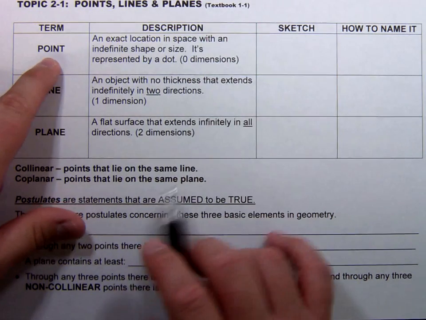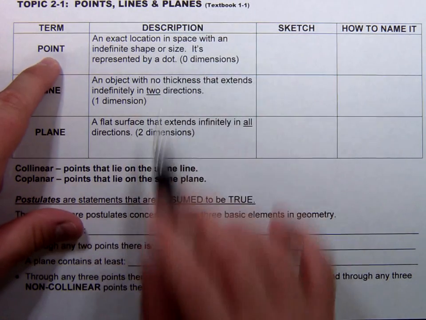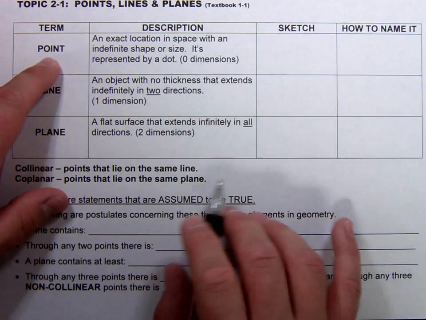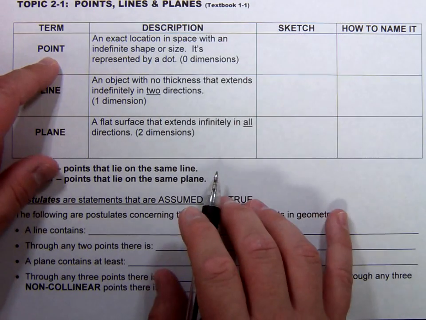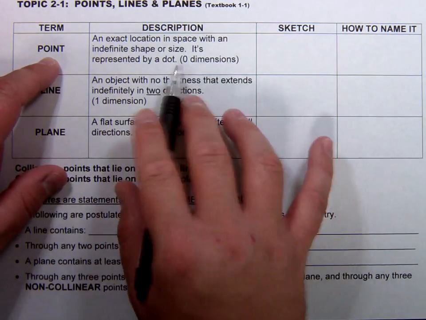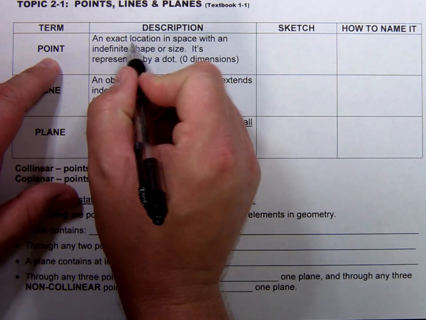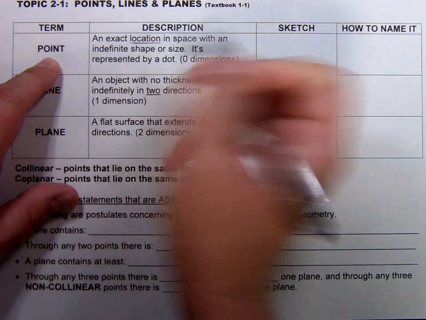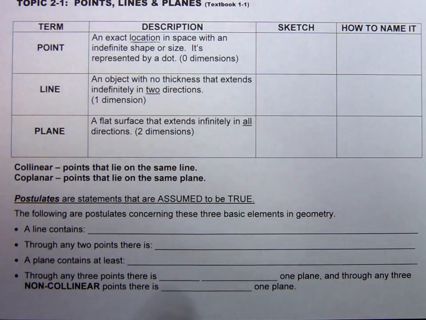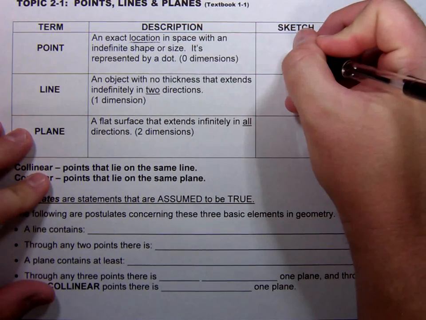A point is an exact location in space with an indefinite shape or size. It's represented by a dot. It has zero dimension, zero size. A point is only giving you a location. It does not have a physical body and presence. It is a location only. It is represented by a dot,